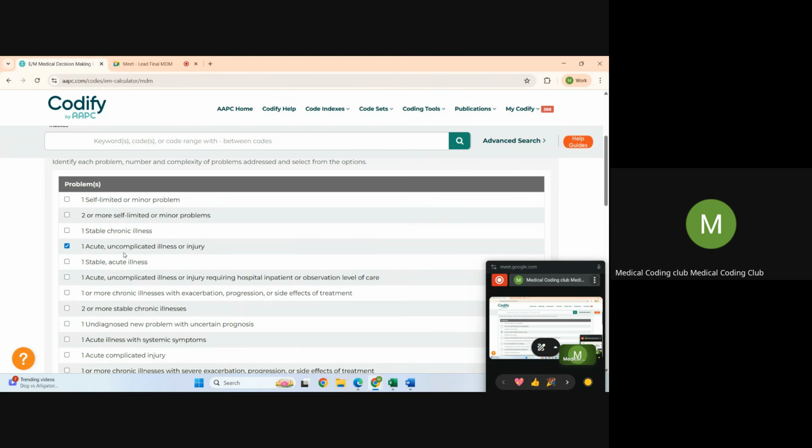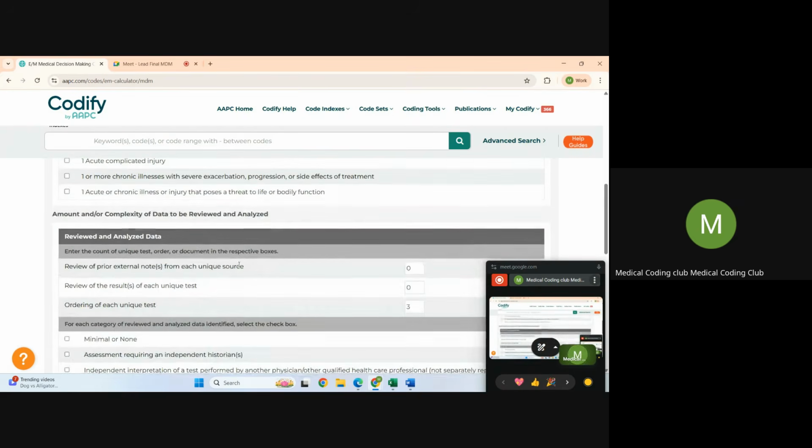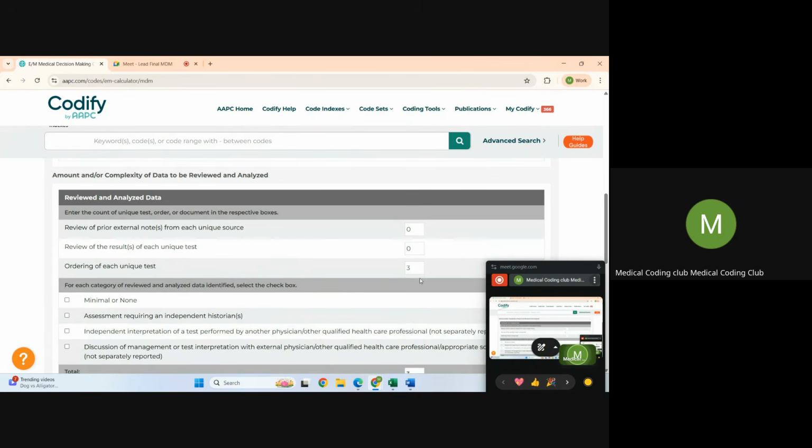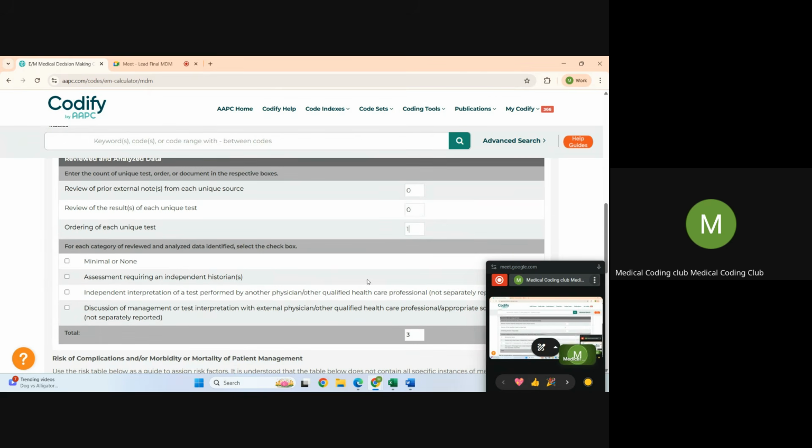So you got problem as one acute complicated illness. Next, data, take an example. They have ordered one test,